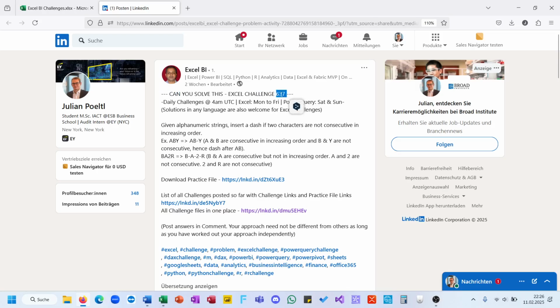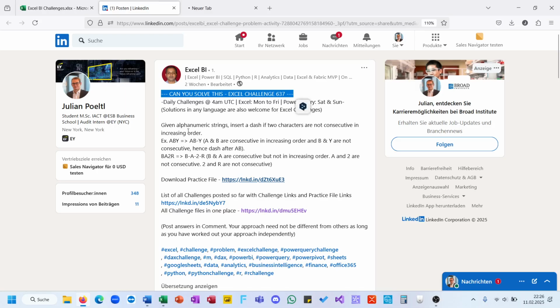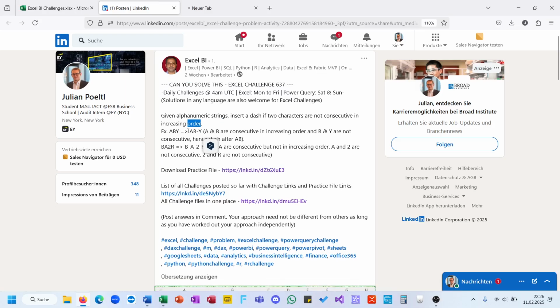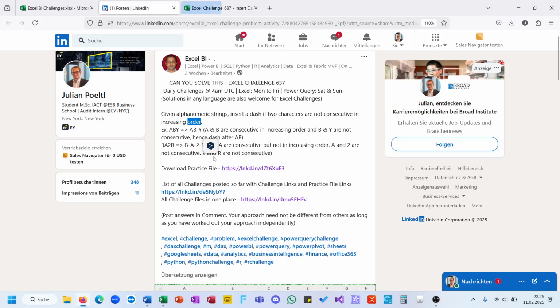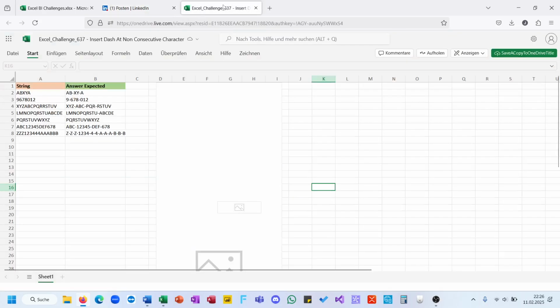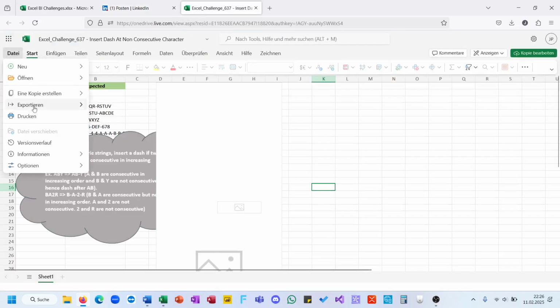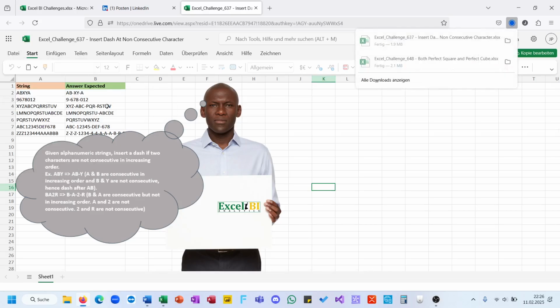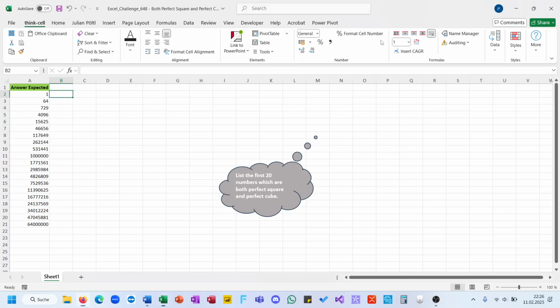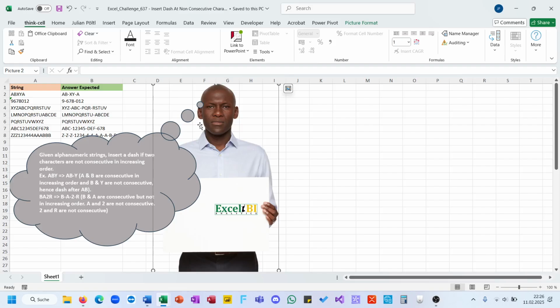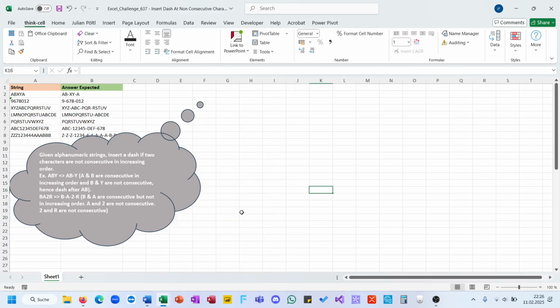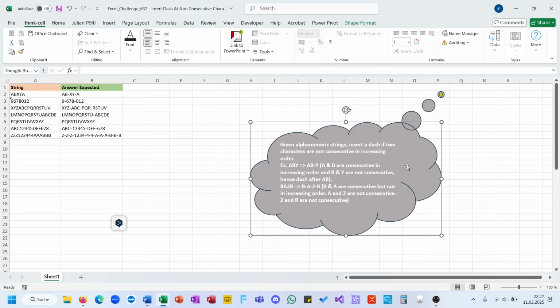This time is 637. Something about inserting a dash if the characters are not consecutive, and in this case in increasing order. Should be not that hard since I know how to solve it, kind of. So, ABY, not consecutive. Okay,